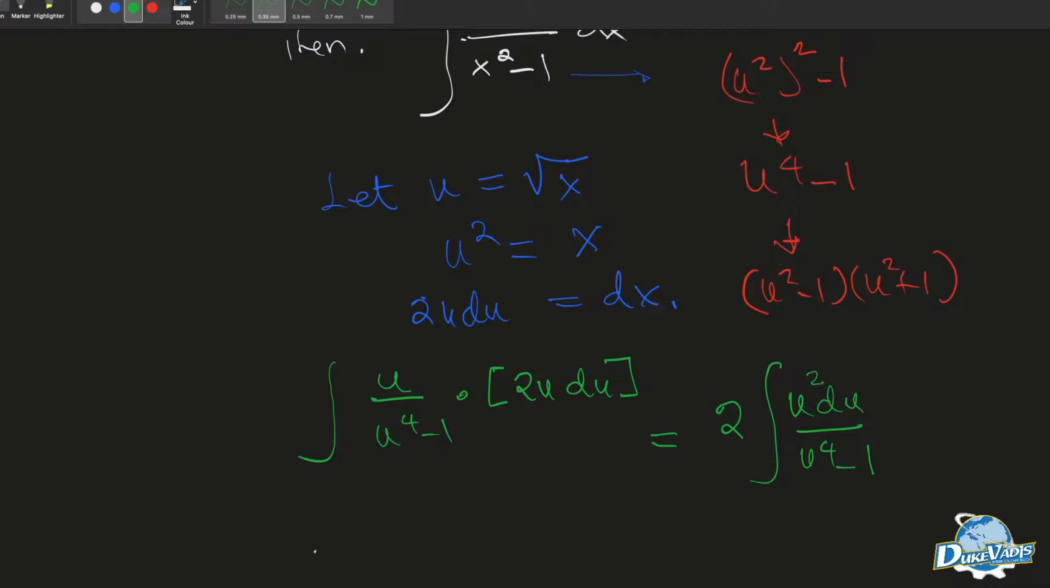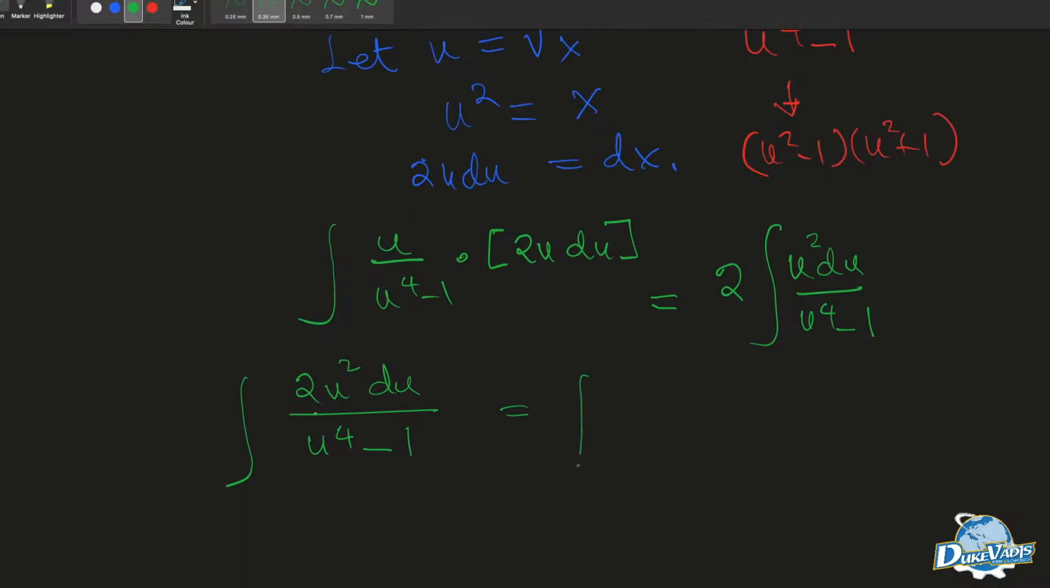When I look at this very carefully, 2u du, where would our 2 go? The 2 will come out of the integral. So we can write our integral as the integral of 2u squared du all over u to the 4 minus 1. We can also write this one as the integral